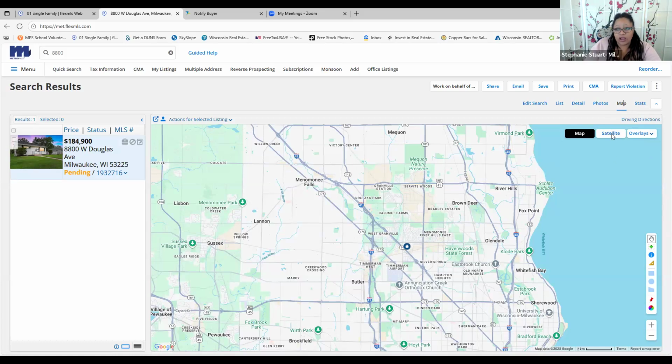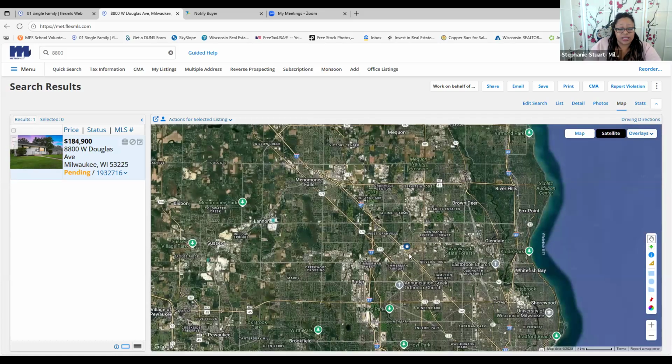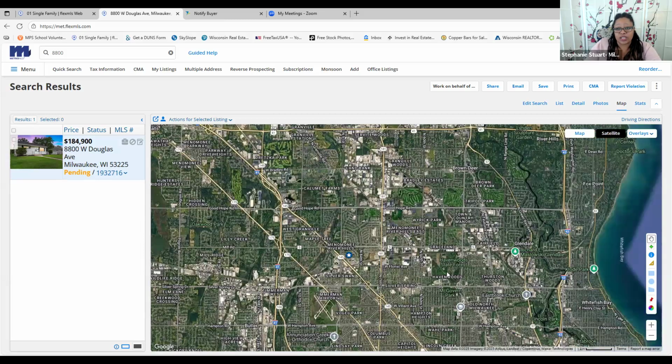So you can always look. If someone says, hey, is there a park nearby? You can literally zoom in. It'll tell you where the state forests are, where the gardens are, what the waterways are. It'll even tell you kind of what the,